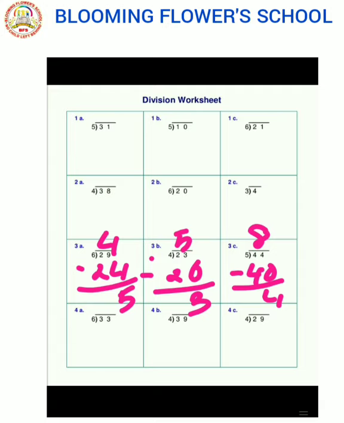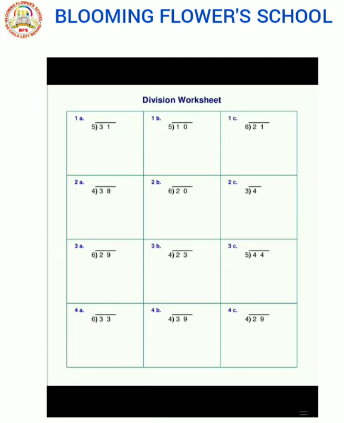Okay, children. Now next one, that is the last one, 33 needs to be divided by 6. So again go for the 6 table: 6 ones are 6, 6 twos are 12, 6 threes are 18, 6 fours are 24, 6 fives are 30, 6 sixes are 36. 36 is more than 33, so we need to go with 6 fives are 30. So from 33, 30 is subtracted. The answer is 3. So the quotient is 5 and the remainder is 3.